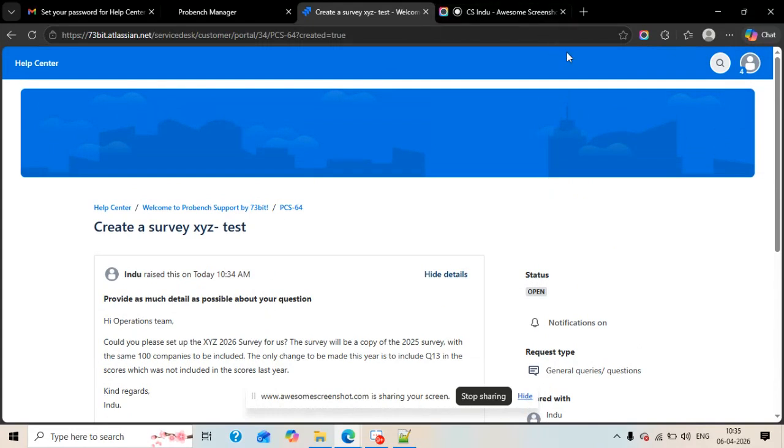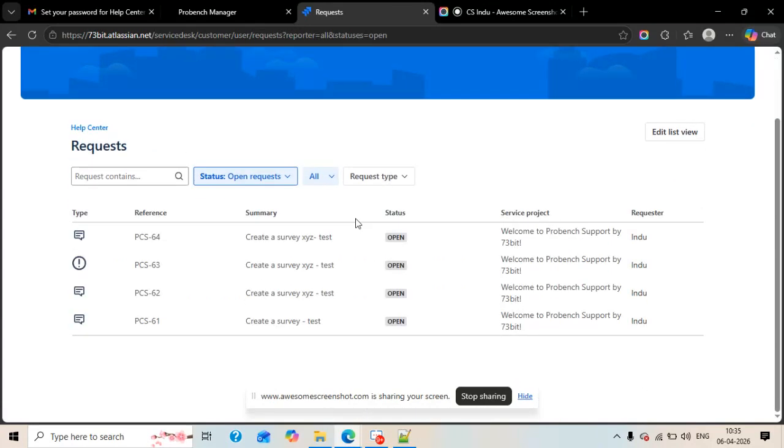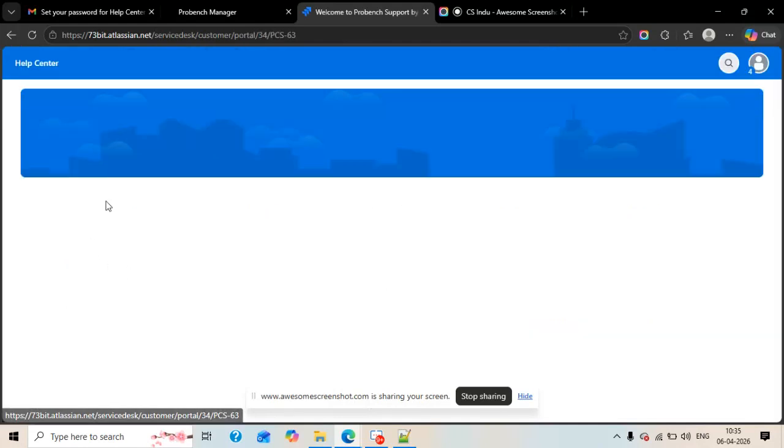If you have created more than one ticket, you can go to the top right corner, profile and settings, and click request, and all the tickets that you have created before along with your status will be displayed over here. All you need to do is click and view the ticket.